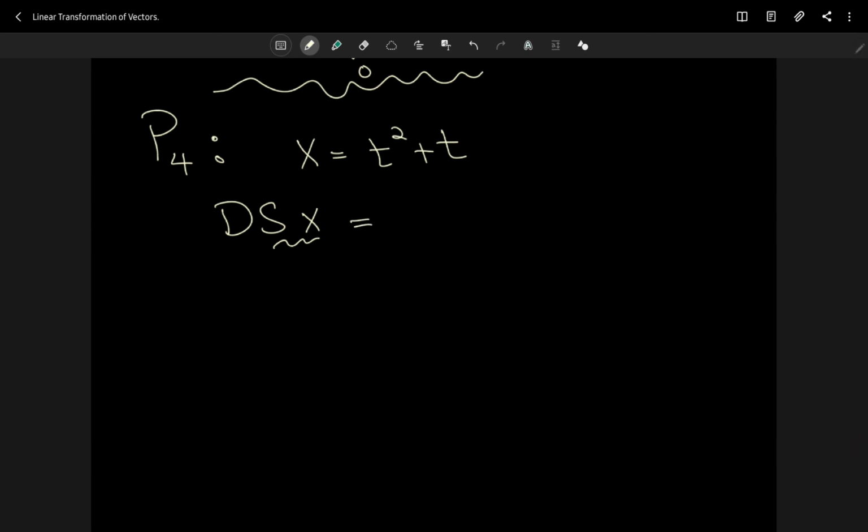So let me actually write this down. So what this means is the derivative of this integral, that is u squared plus u du,